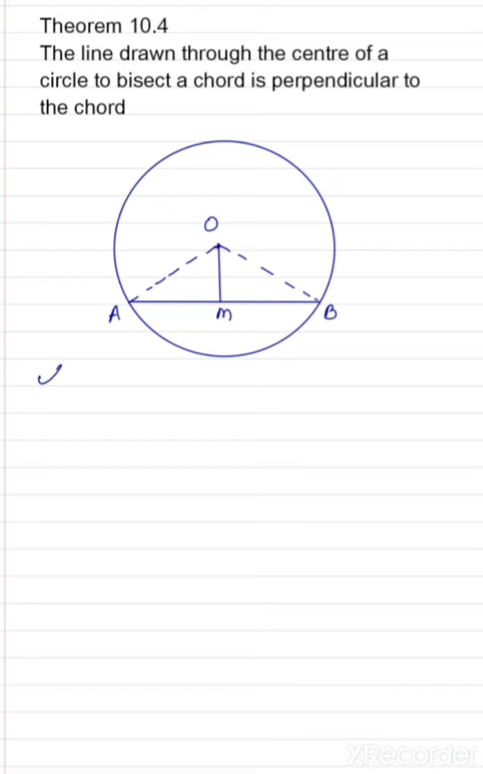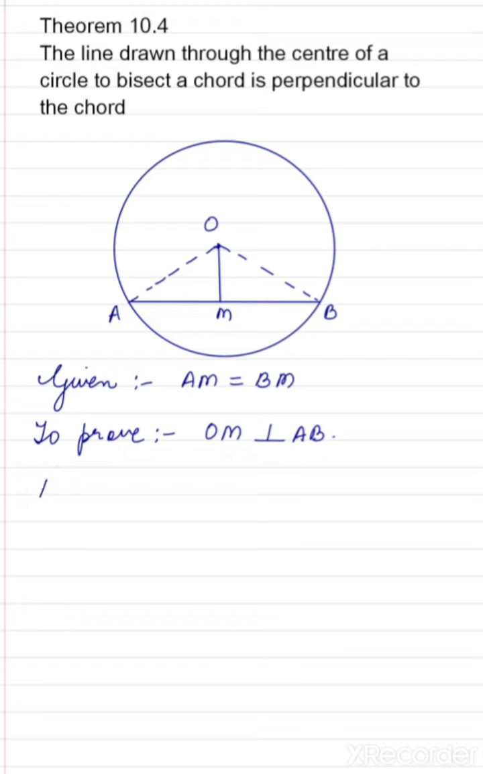So we are given AM is equal to BM. And what we have to prove? We have to prove that OM is perpendicular to AB. So we will write, to prove OM is perpendicular to AB. For proving this, we take the triangles OAM